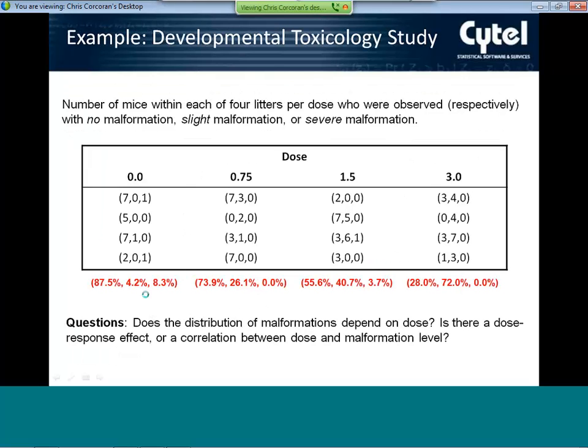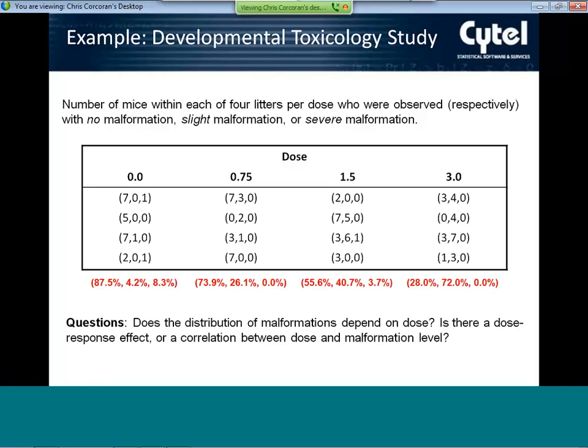Now, moving on to the next example, this is the analog to an R by C table. In fact, what we have here is basically a 3 by 4 table with clustering. Now, you may wonder why I'm saying it's 3 by 4, because we actually have 4 rows in the table. But note that the number of categories for the outcome is equal to 3. So the frequencies that are in parentheses within each row,